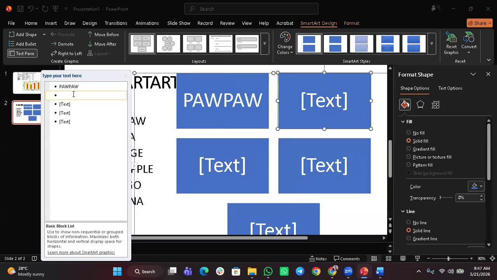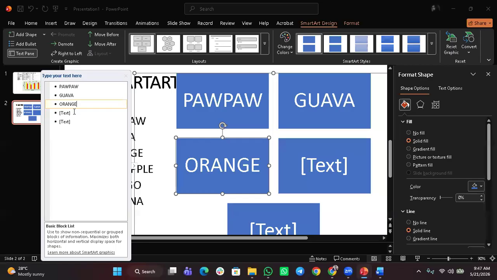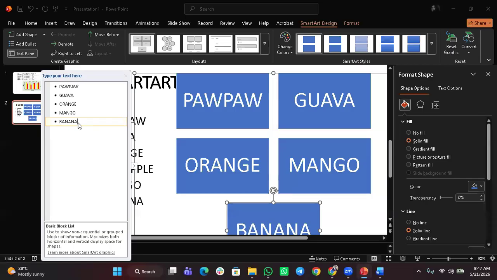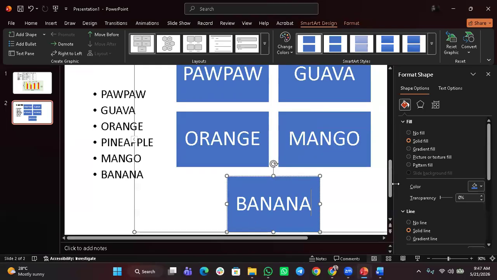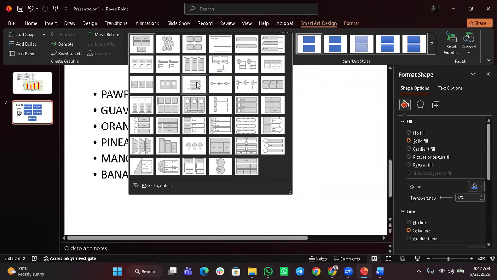For the second one, you put guava. The third one, you put orange. The next one, you put mango. Then the last one, you put banana. Now, you click OK. Now, it will come out for you in this,